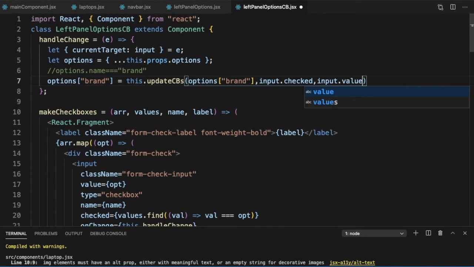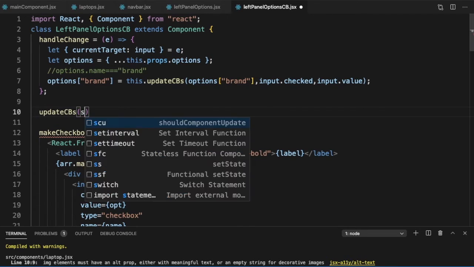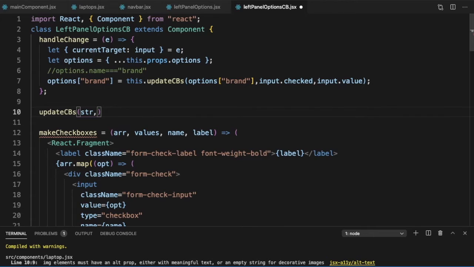This is the standard technique we have been following so far. And let's define this function update cbs. What all does it get? Here note that options brand will be a string, so it gets the string of values. Then what does it get? Or let's call it input value. It gets the checked and it gets the value.